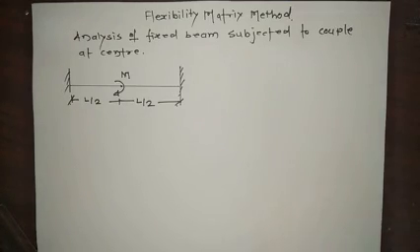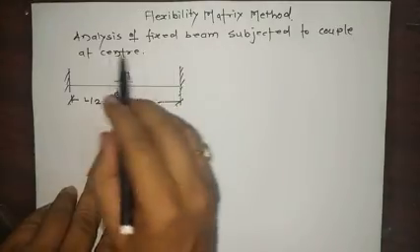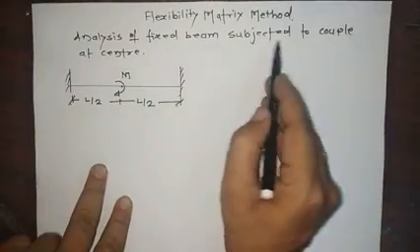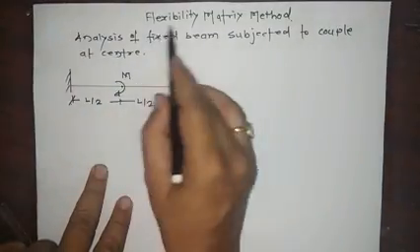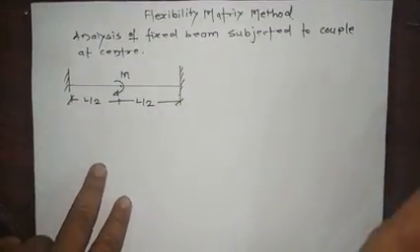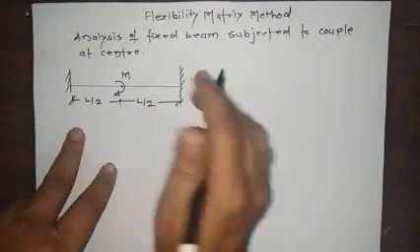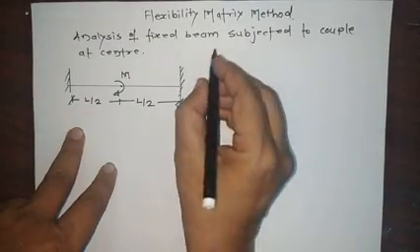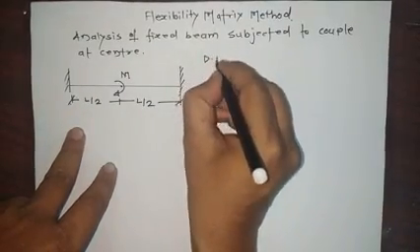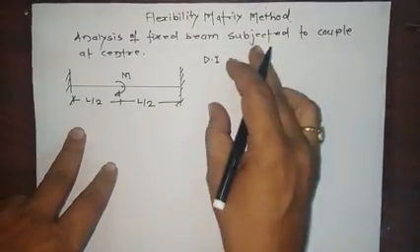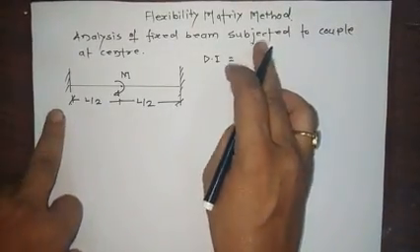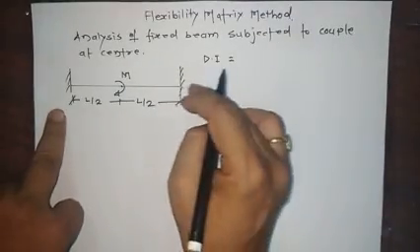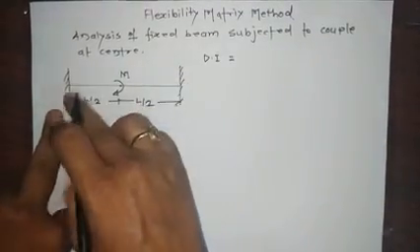Welcome dear students. Today we will learn the analysis of a fixed beam subjected to a couple at center by this flexibility matrix method. Now in the flexibility matrix method, the first step that we already know is the DI, that is degree of indeterminacy. Now if you neglect the horizontal reactions, so it is